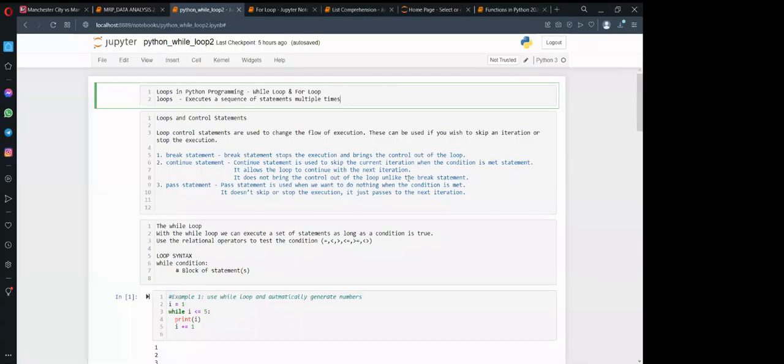Just like Migot has said, loops are used basically to execute a sequence of statements multiple times until a given condition is met. So if you have a background of loops, even just writing pseudocode, it is possible for you to understand how a simple code works.